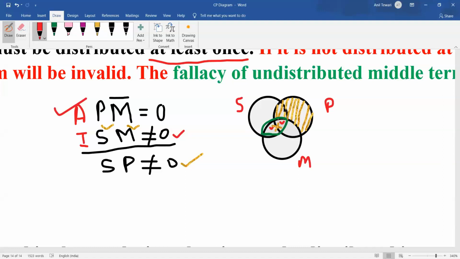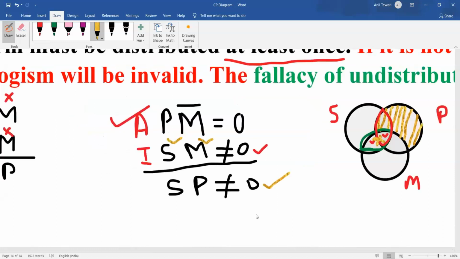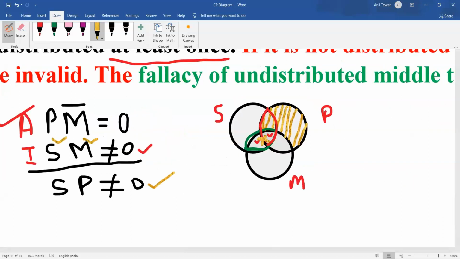Up to here it is already shaded. This cross is not actually falling clearly under this area of subject and predicate. It is merely sitting on the boundary. ये जो क्रॉस है ये बॉर्डर पे है, ये क्लियरली सब्जेक्ट और प्रेडिकेट के बीच में नहीं है, and therefore we don't count this person as a member of the common area of subject and predicate, and this way this